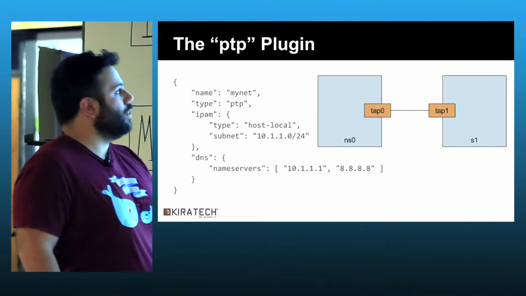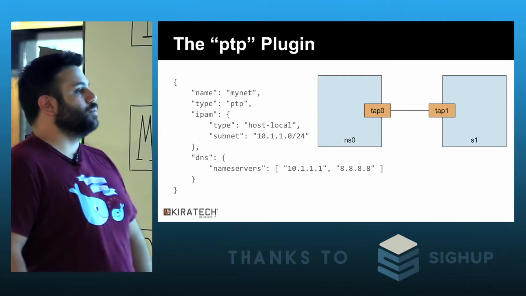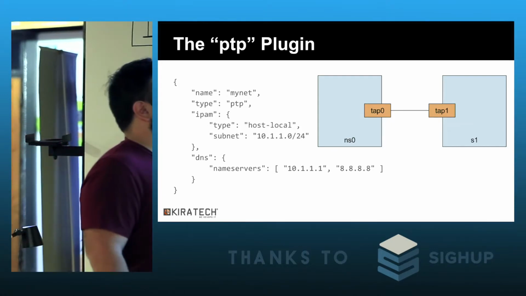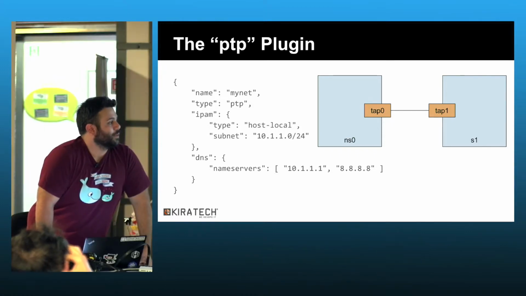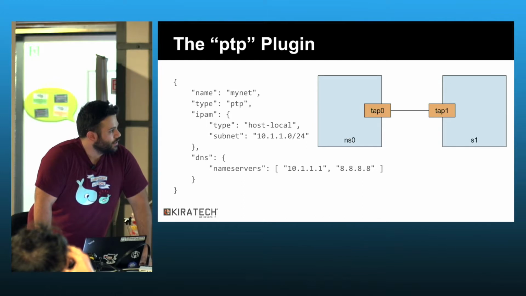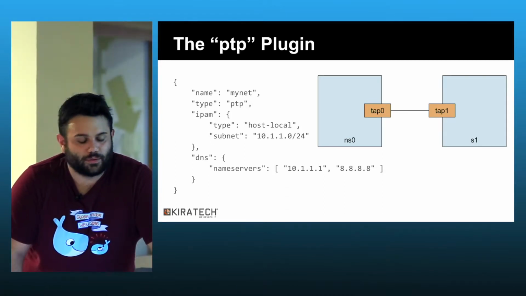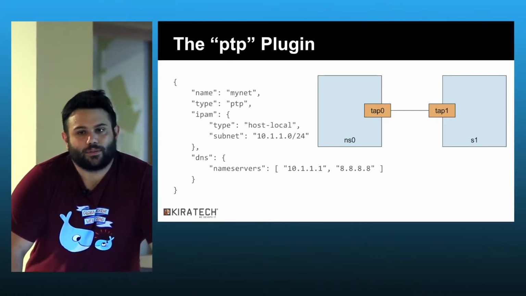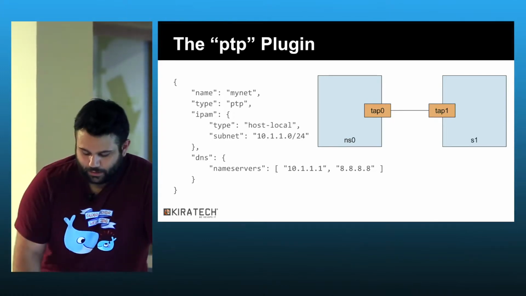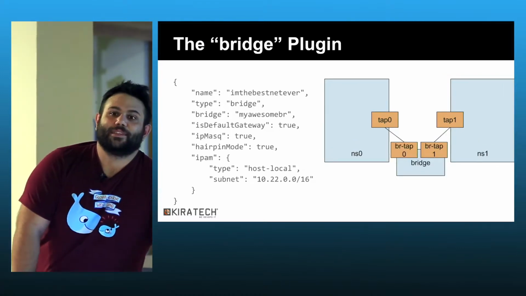So very simple. This configuration creates a situation like that, where there are the two namespaces, NS0 and NS1. Those are the network namespace in the host and the network namespace in the container, and that's a simple point-to-point connection. So there's a VIF pair, the head in the container and the head in the host, and the container can connect to the host but can't connect to other containers. I often do wrong things in the simplest implementation.